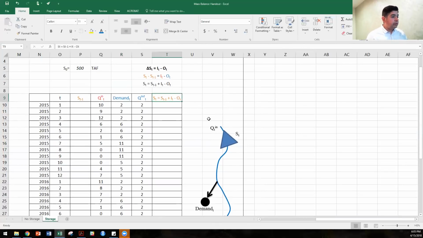So for period number 1, what we may have is this initial storage. So let's say, again, and this is the same, it's a monthly time balance. So at the first month that we're going to do this analysis, our reservoir started at this 500,000 acre feet. So that's the value of our initial storage. So given that we know,